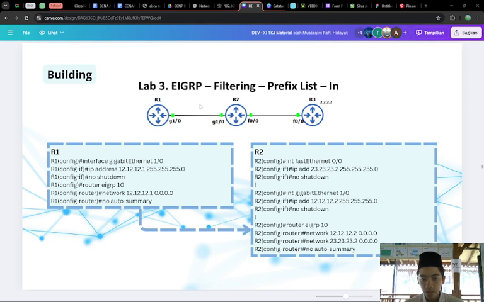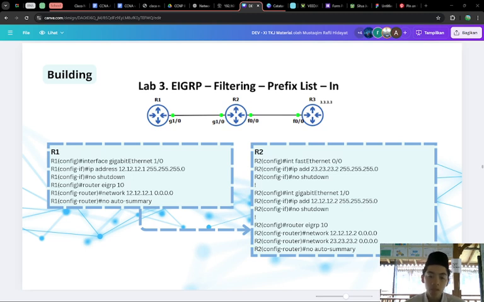But in some cases, you don't want all routes, so you use filtering. The second is, what is filtering? Filtering means controlling which routes are allowed or blocked. Without filtering, routers learn everything from neighbors. With filtering, routers learn only selected routes.